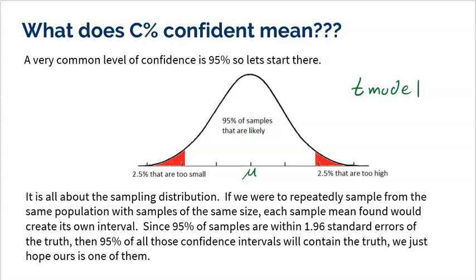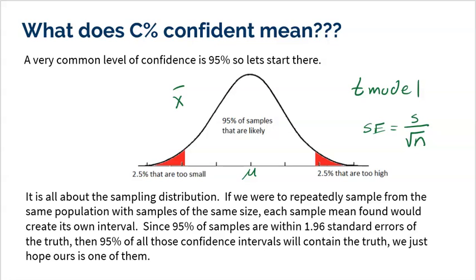So not only do we not know the mean, but we have to use standard error to find how much we go up and down by, and that's using our sample standard deviation. That's the whole reason why we have to use the T model. But regardless, the idea is that we don't know any of the numbers on the bottom. All we have is our sample. And the idea is this. This sampling distribution is filled with many, many, many samples.